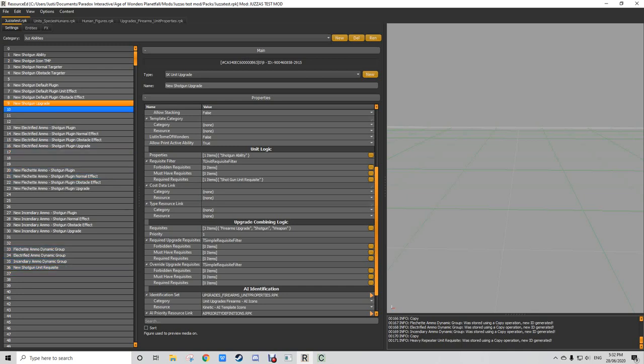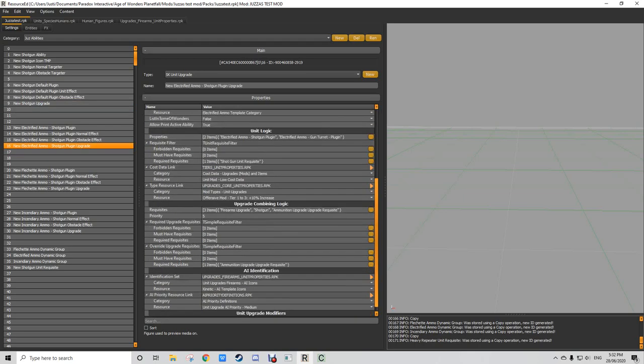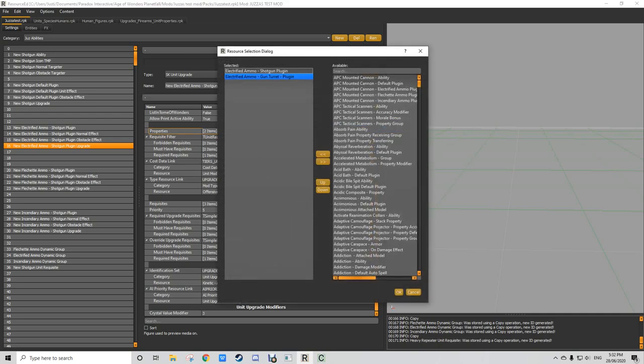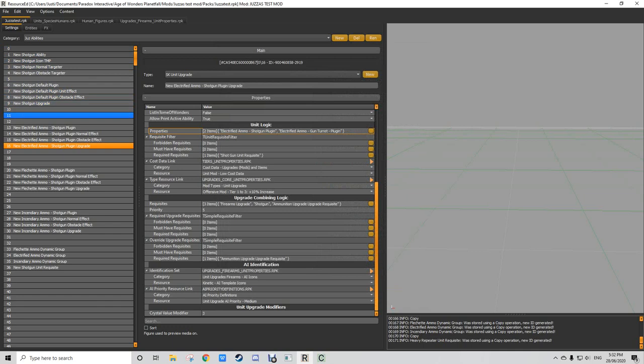If you have multiple weapons, like there's naval units that have two firearms abilities or plugins that they need to add, the way you do that, well, actually this one already does it because it adds it for the shotgun and for the engineer's turret. You just add two, the plugin for both of them, but I'm not going to want either of those. But anyway,